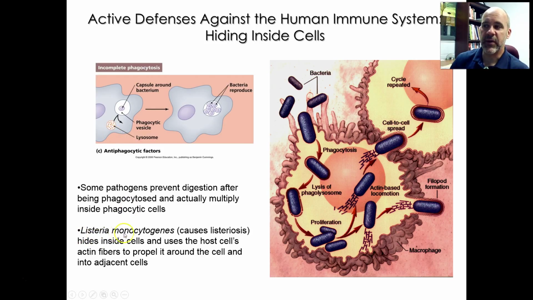And then, interesting, Listeria monocytogenes, or Listeria, causes listeriosis. And they have kind of an interesting strategy. They will allow themselves to be phagocytosed, but then they have a way of breaking out of the phagolysosome before they get destroyed, and they will proliferate, so they'll multiply intracellularly inside one of your cells. And then what they do is they actually hijack the actin in your cells. So actin